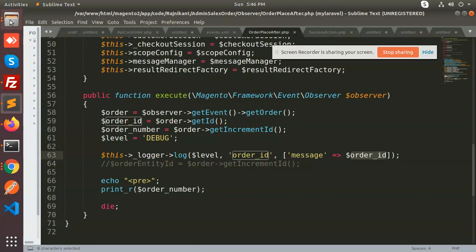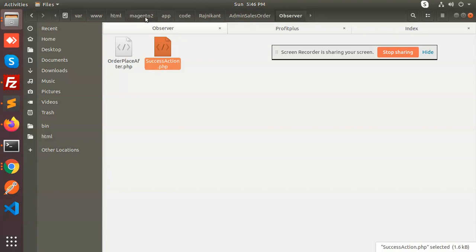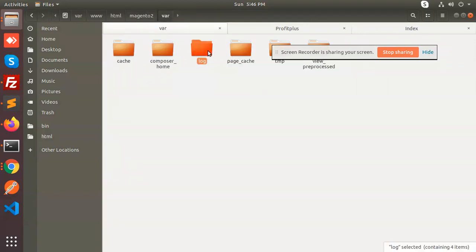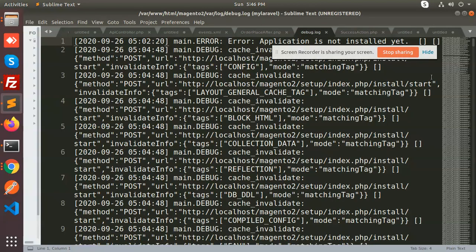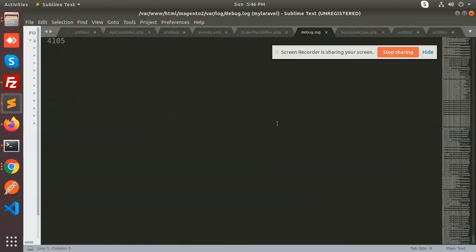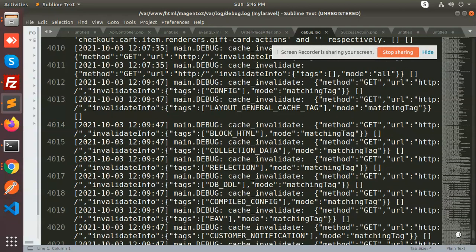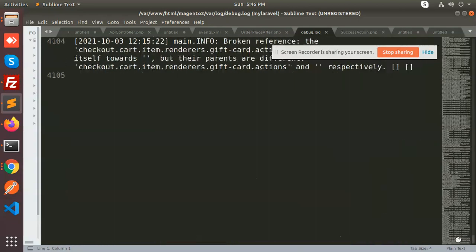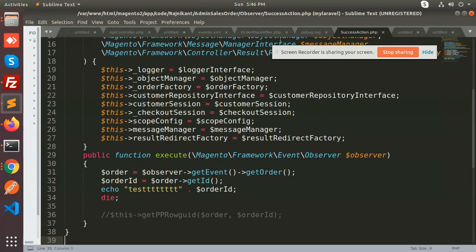So let's go to the log. Which log? The debug log, Magento 2 var log debug log. Let's scroll down and check whether it is working or not. What is the success section?